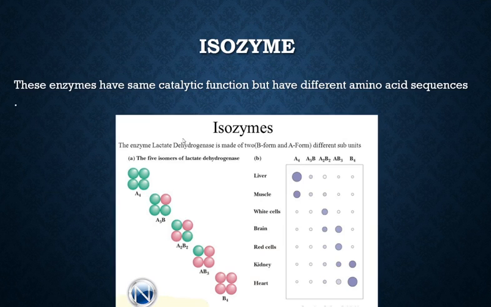Okay, next or last is the isozyme. Isozyme is very important. Isozymes are enzymes doing similar catalytic functions but having different amino acid sequences, and they have different kinetic parameters also. If you calculate the Km values, Vmax values, and V0 values of isozymes, that also varies. In mammals, lactate dehydrogenase is a classical example of isozymes, and they